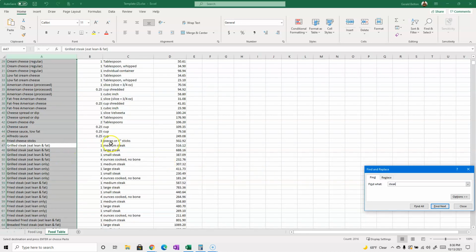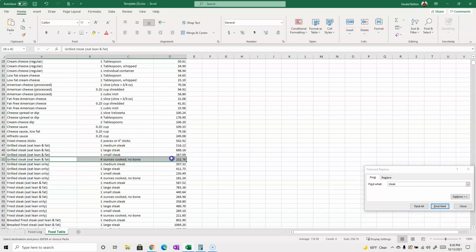Grilled steak, 1 medium steak. I don't know how big a medium steak is, but okay. Or I could do 4 ounces cooked without a bone. Okay, let's do that. Grilled steak, I'm going to do 4 ounces, and that way I can weigh my steak